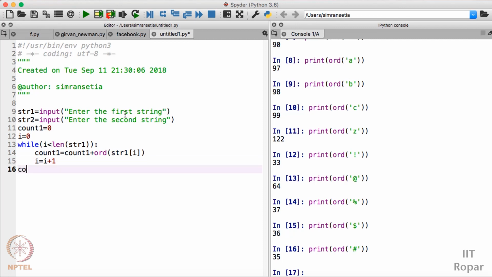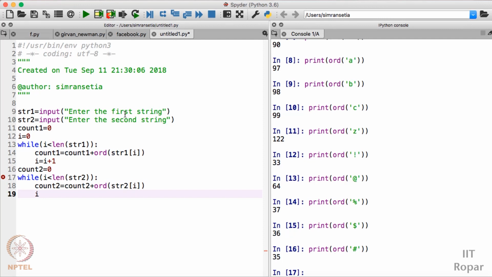Then I'll take count2 also, and this is 0. Similarly, I'll apply a while loop here too in order to find the sum of ASCII values of str2. I'll write length of str2. I write count2 is equal to count2 plus ord of str2[i].